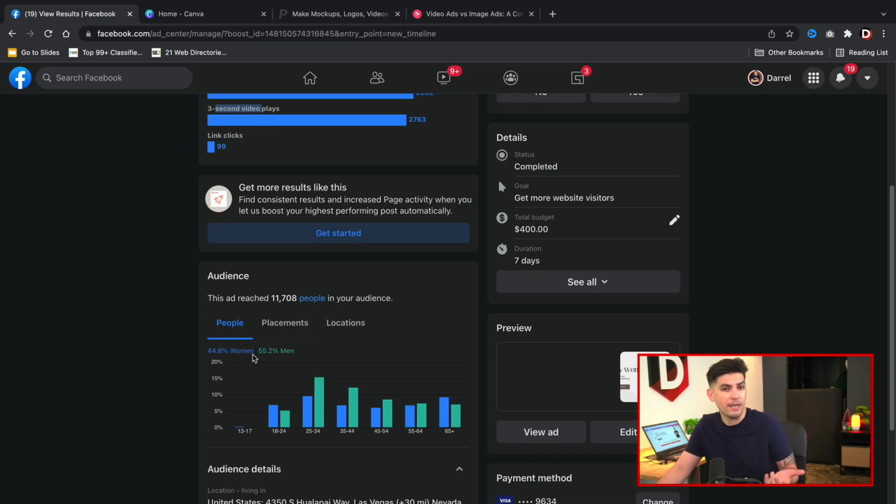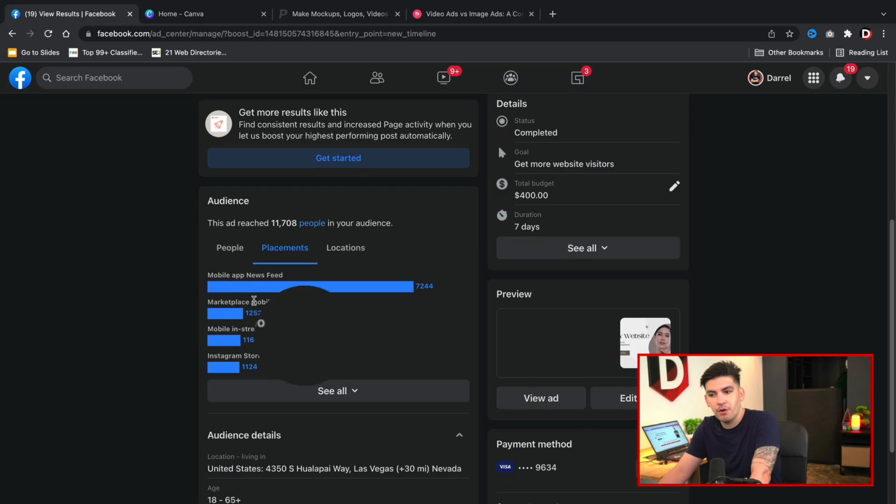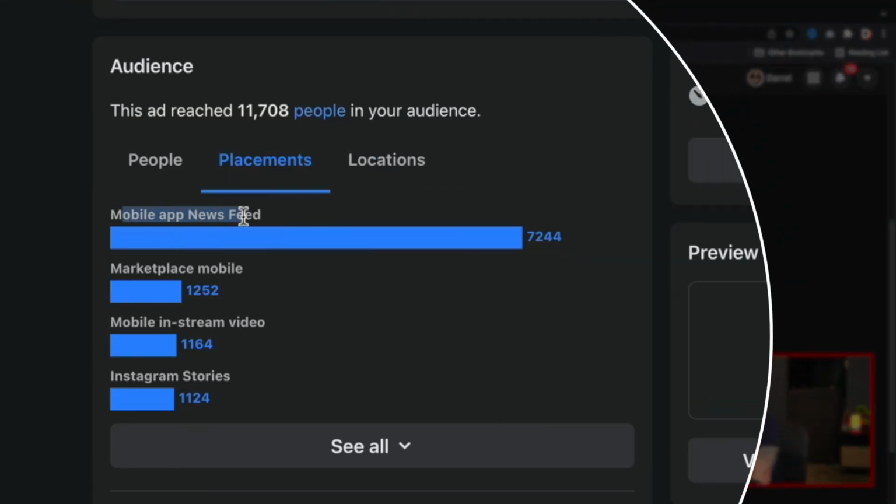So it would have worked out for me pretty well. And here we have some analytics about the actual audience. So this is the ratio of men and women who have clicked on the ad. We can also see the placement, right? So it appears that mobile app newsfeed appeared the most, second to marketplace, mobile in-stream video, and also Instagram